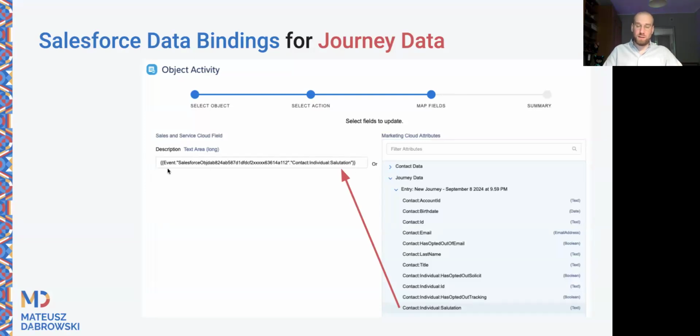And here we can see that it is using the event, the Salesforce data entry event. It has the special ID of this specific event, and then it selects specific information about the field. So this is how you can get the data from the Salesforce data entry. And again, here you can see that there is this specific Salesforce ID, or the object ID, for the event. And this is important because you will want to use